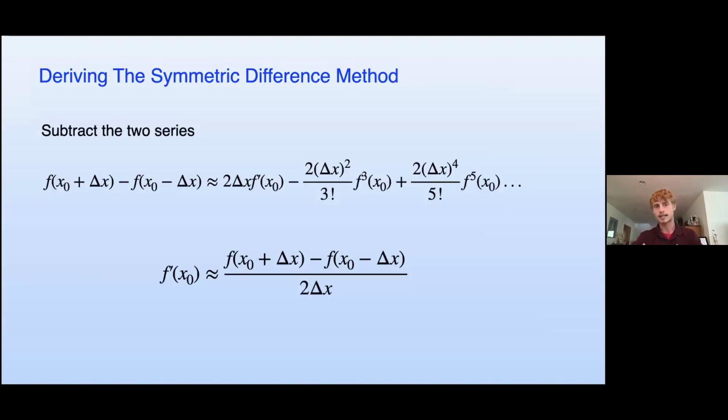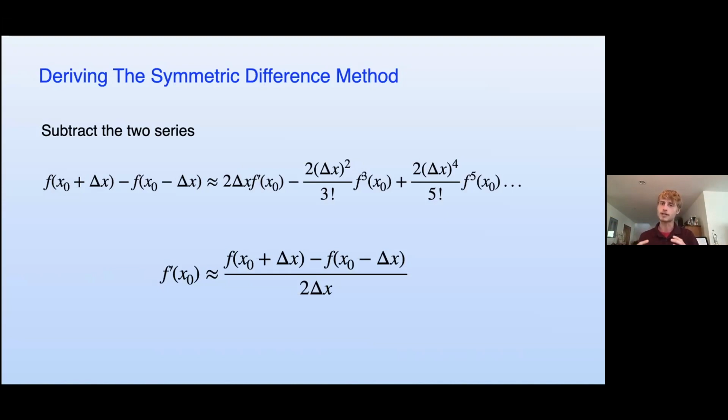So where things start to get really interesting is where we subtract that second Taylor series expansion from the first. So we're taking the Taylor series expansion for f of x naught plus delta x, and then subtracting the Taylor series expansion for f of x naught minus delta x, which gives us what you see up above. If we divide both sides by 2 delta x, we're left with f prime of x naught on the left, and a bunch of stuff. And what we're going to say is, this minus 2 delta x squared over 3 factorial and so on,